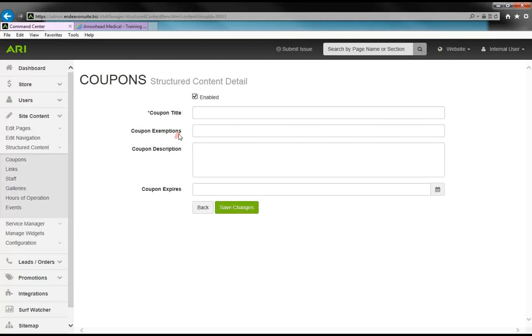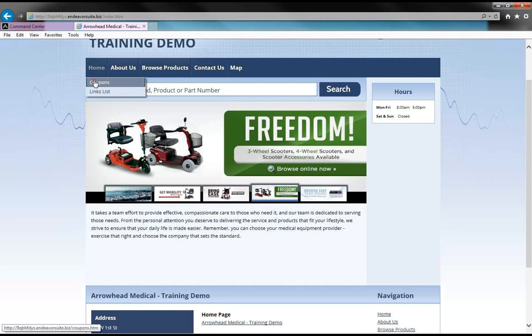and you would check the enabled box for the coupon. You would put in the title for your coupon, exemptions, description. You could even put in an expiration date. You don't have to, it's not required, but if you do, the coupon would turn off automatically on that date. And of course, you would save and publish,